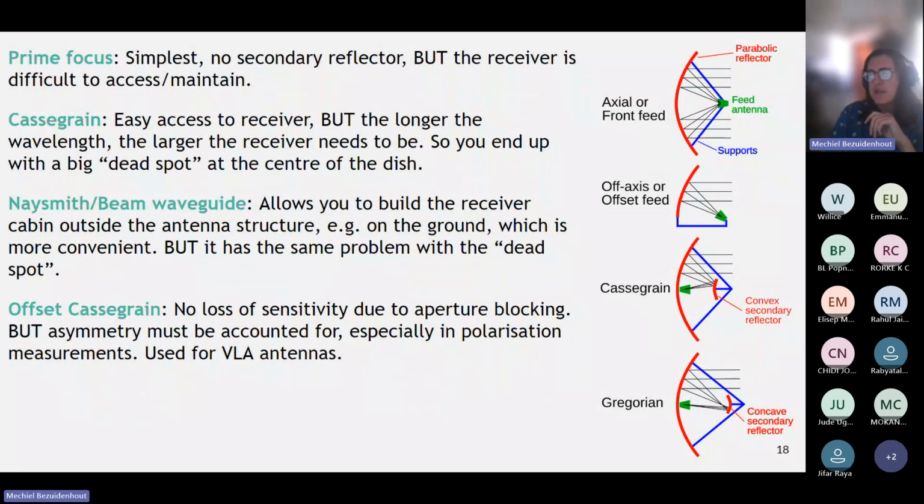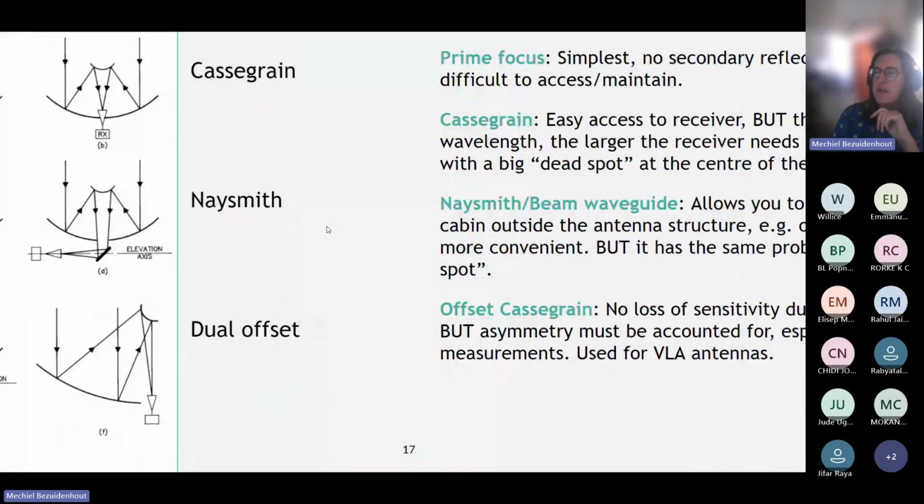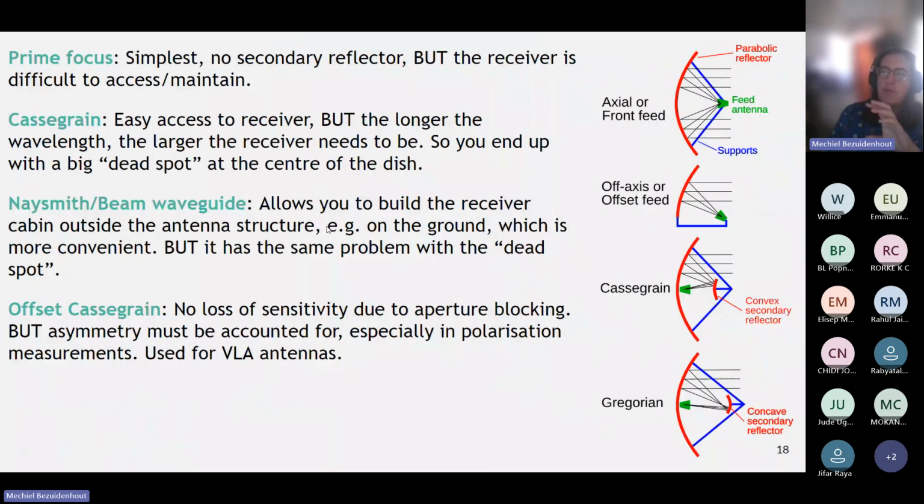The offset Cassegrain, where you have the receiver offset towards one side: if you arrange the offset cleverly, you can minimize the loss of sensitivity by this blocking of the aperture. But because you now have an asymmetrical system, that needs to be accounted for, especially again in polarization measurements. So it's another layer of complexity, but this kind of antenna is used. For example, it's used in